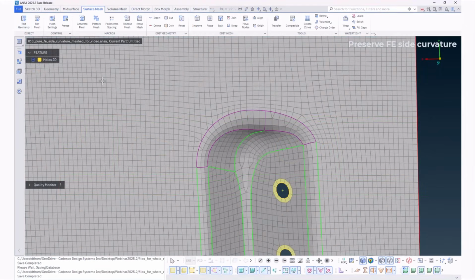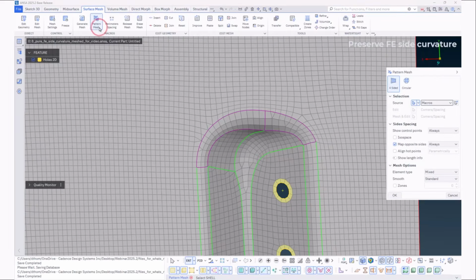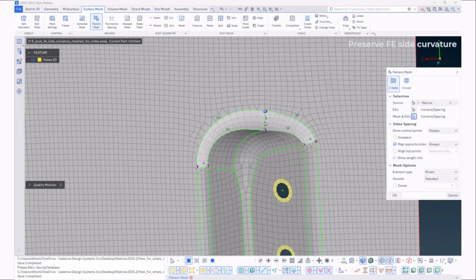Regarding pure FE mesh, now side curvature on fillets is preserved when adjusting nodal count. For this demonstration, curves are used to mark the initial fillet position. In four-sided, increasing or decreasing nodal count won't affect the curvature of the fillet boundaries. Additionally, the ability to generate trias has also been implemented in four-sided.